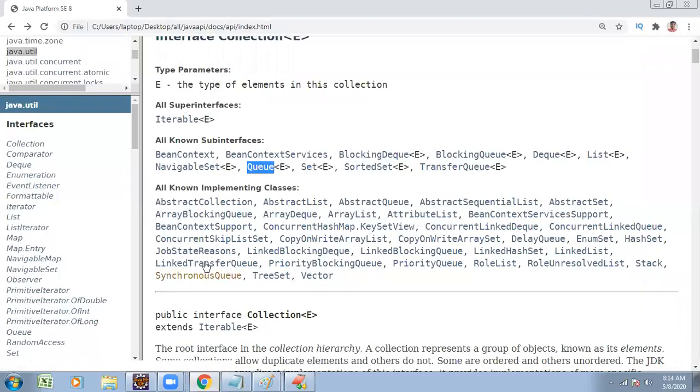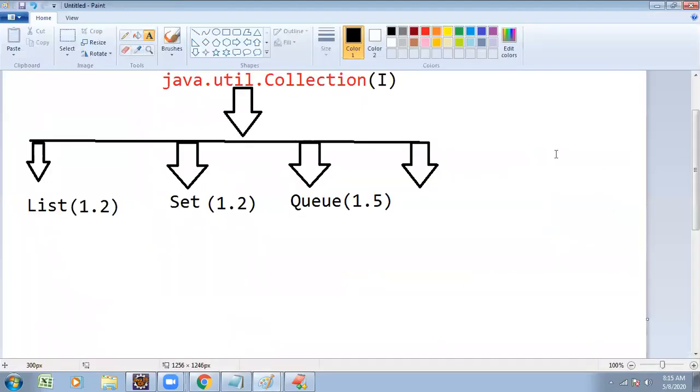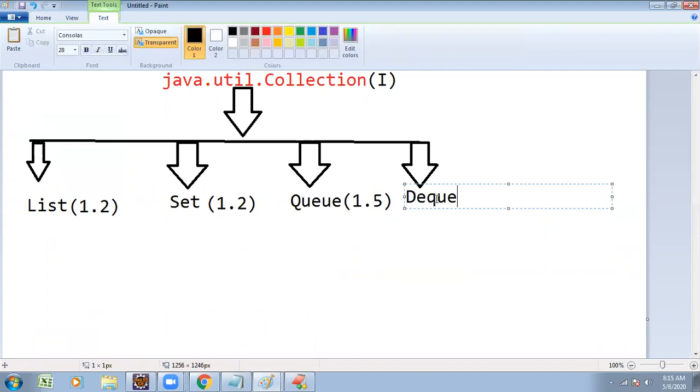Apart from Queue, one more new thing came into existence, the double-ended queue, with the JDK 1.6 version.